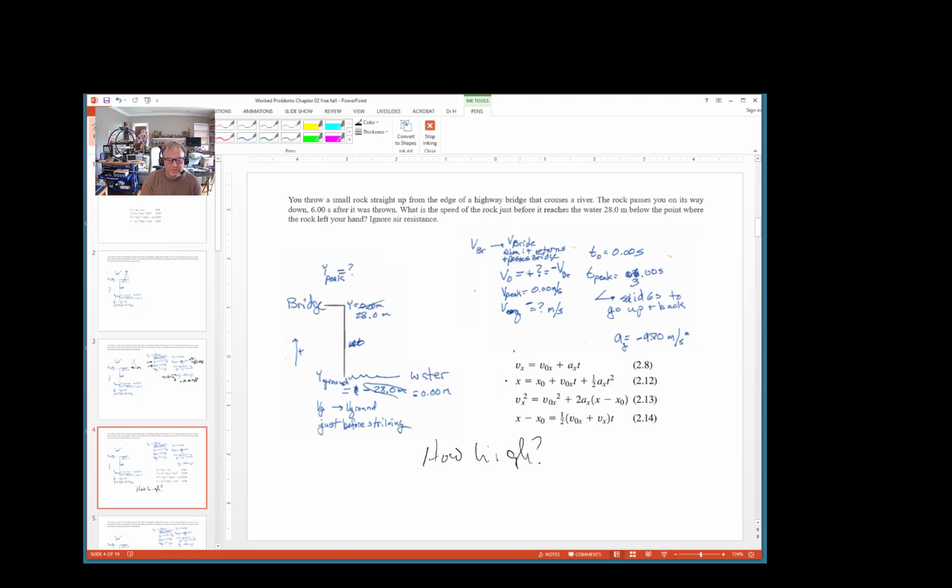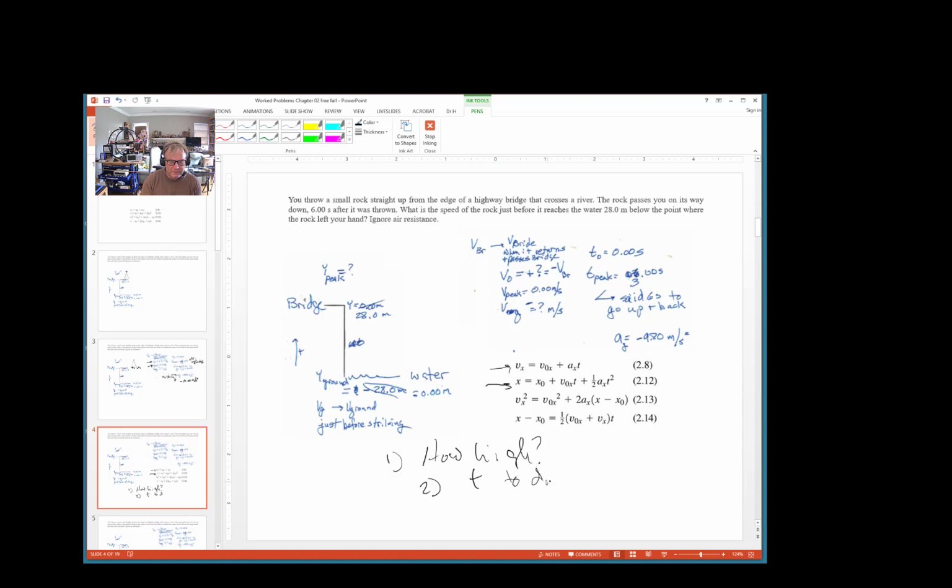I'm just so used to using these two guys, but we'll take a look at these. When I want to get the speed at the bottom, so first I would get how high, and then 2, I would get the time